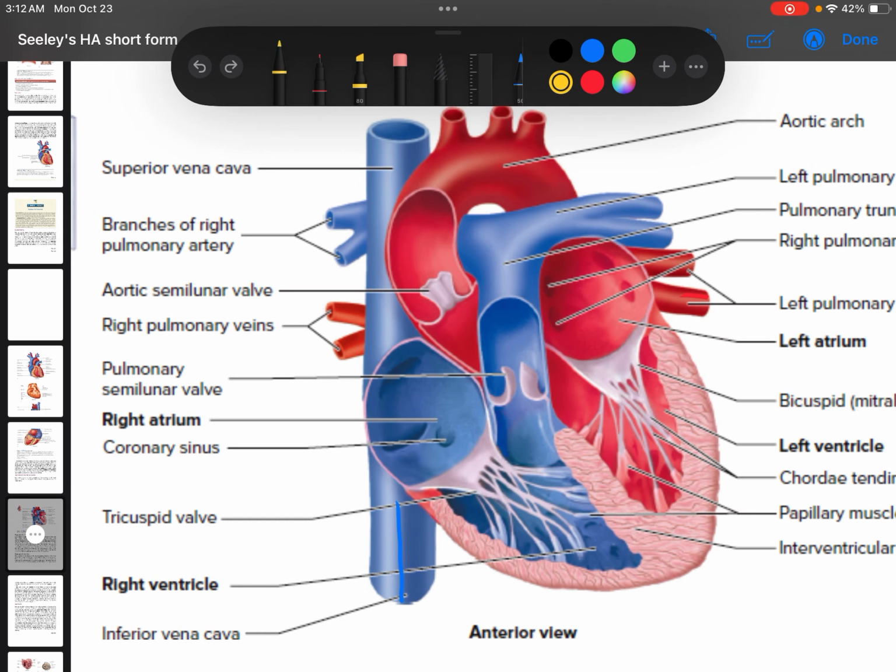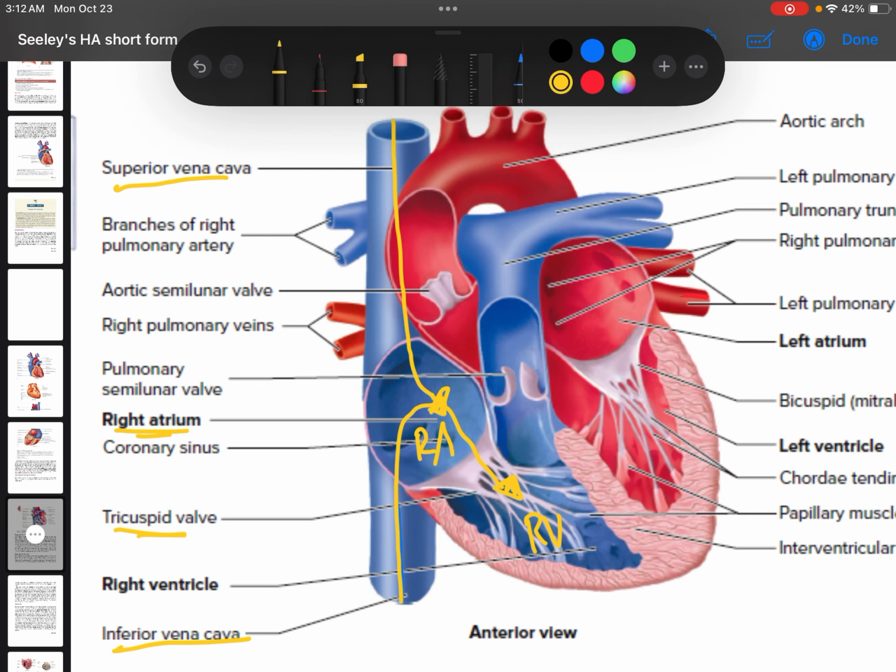Now, class, it first starts at our tissues. Our tissues, class, will send back unoxygenated blood through your back to the heart through your superior and inferior vena cava, wherein the unoxygenated blood will be collected in your right atrium. The unoxygenated blood will then pass through your tricuspid valve and into your right